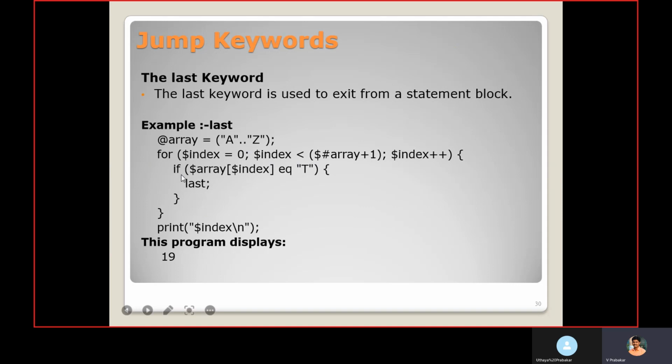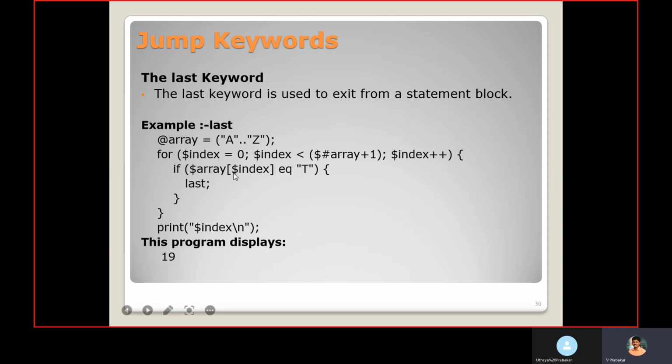Inside this for loop, we are checking the value of each element, array of index. In the first iteration, the index value is 0, so array of 0 is nothing but A. We are checking: is it equal to T? The first time it is A, so it is false.